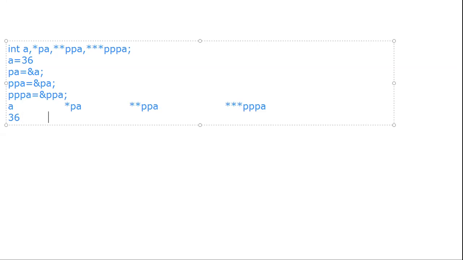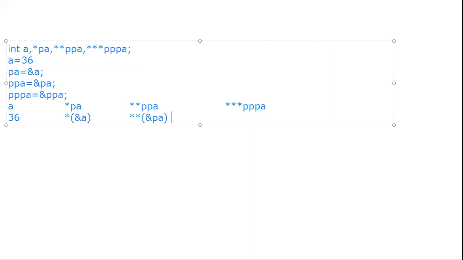Okay. So what about star PA? Star of PA means what can PA store? &A. Okay, automatically it will display value of A. So next, solve this equation. Star PPA. Okay, star PPA means it can store PA address, single pointer variable address.